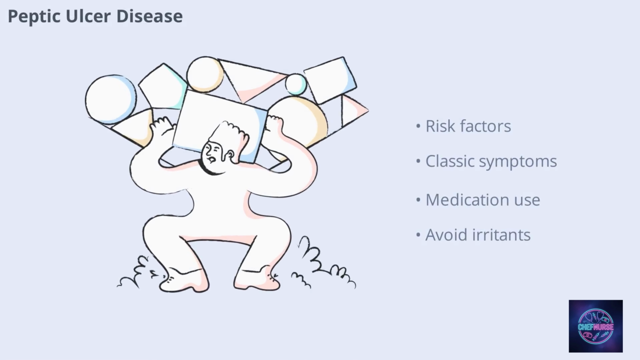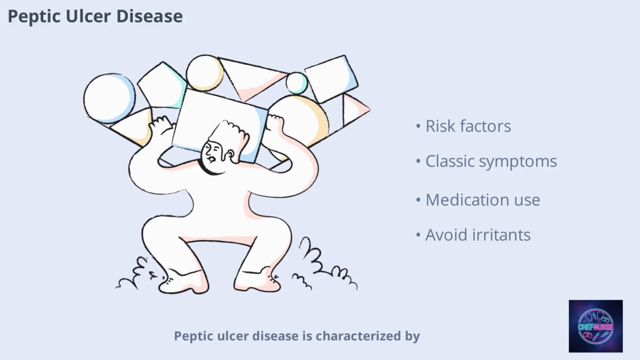Peptic ulcer disease is characterized by sores in the stomach or duodenum lining. For the NCLEX, know the risk factors such as NSAID use and H. pylori infection and the classic symptoms like epigastric pain. Nursing interventions include medication management, monitoring for complications like perforation, and patient education on avoiding irritants like alcohol and spicy